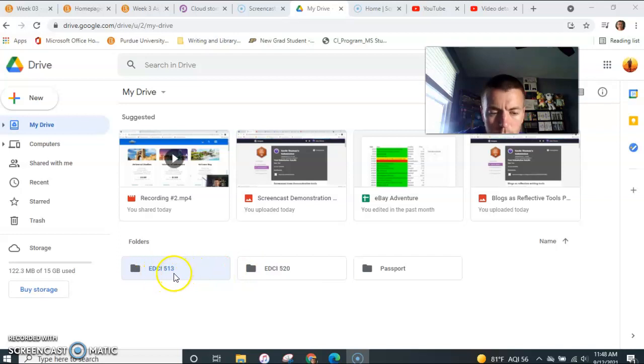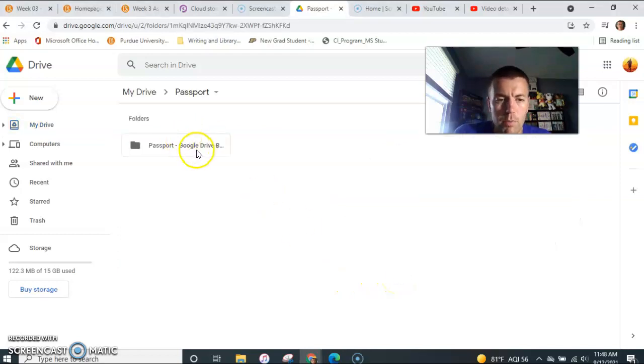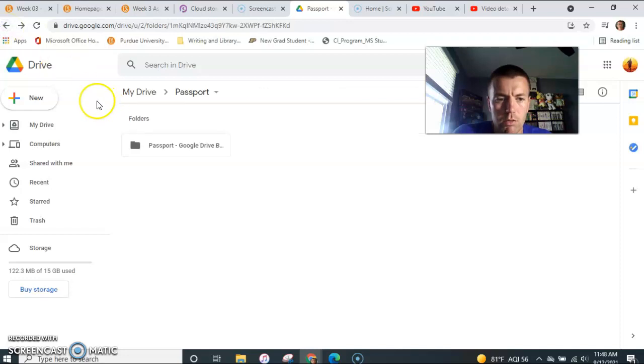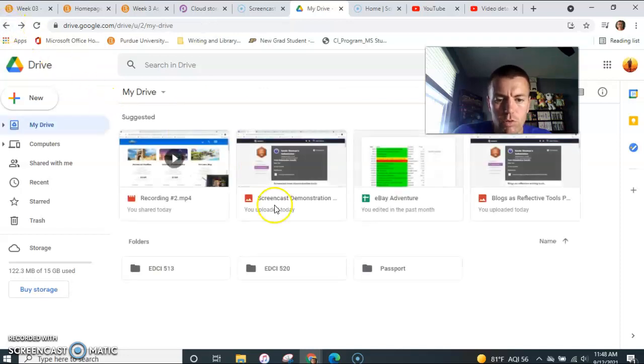One which is for my instructional design technology course. The other which is for my 1 credit hour seminar course, and then this is for Passport. So I've actually already earned one badge, and it was for the Google Drive badge. So I had to have some different screenshots and whatnot to demonstrate that I understood Google Drive enough to earn